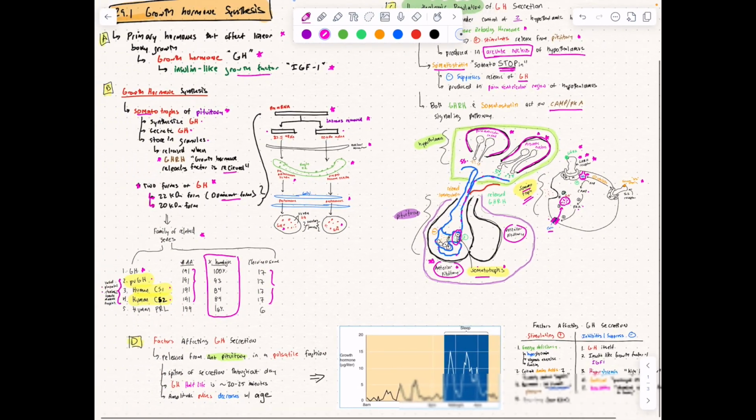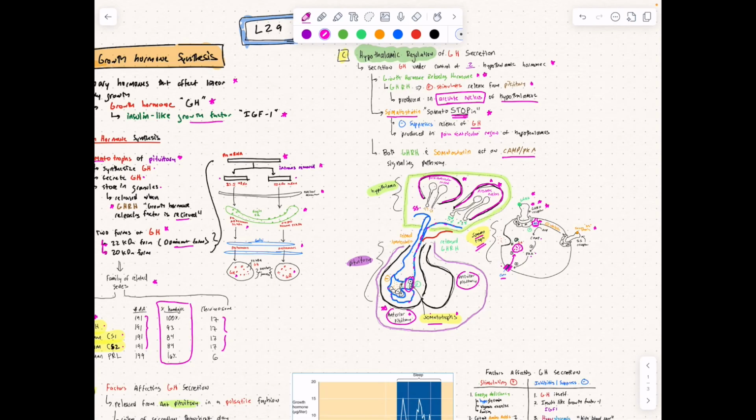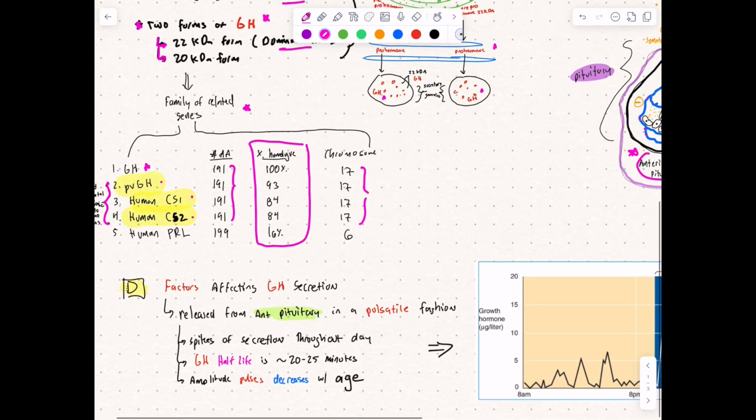All right, so not too bad. We just have growth hormone releasing hormone and somatostatin from the hypothalamus that are regulating growth hormone secretion. And of course, we know in the back of our head, we're also going to have some feedback mechanisms. So this is sort of before feedback overall. All right, so then other factors affecting growth hormone secretion,